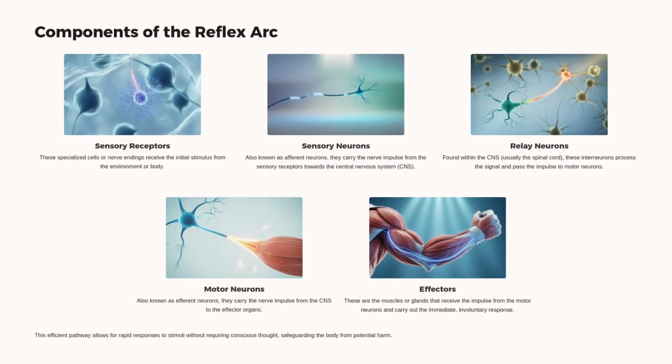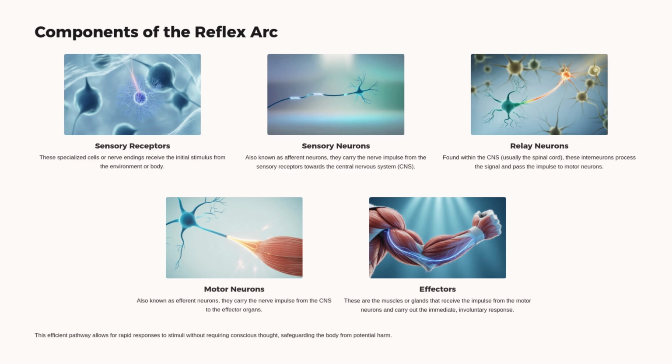Components of the reflex arc. Sensory receptors. These specialized cells or nerve endings receive the initial stimulus from the environment or body. Sensory neurons, also known as afferent neurons. They carry the nerve impulse from the sensory receptors towards the central nervous system, CNS. Relay neurons. Found within the CNS, usually the spinal cord, these interneurons process the signal and pass the impulse to